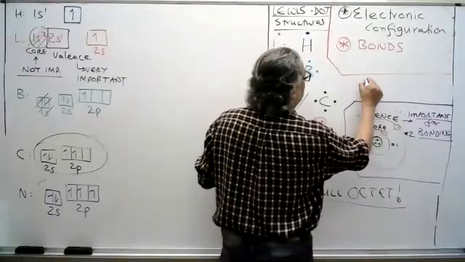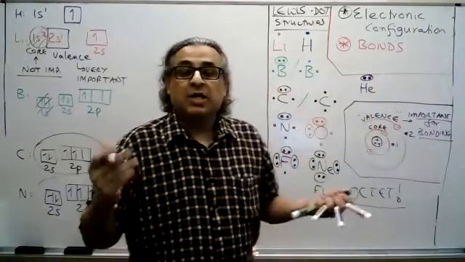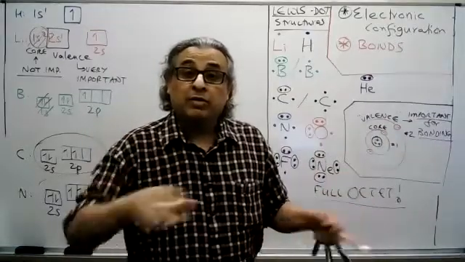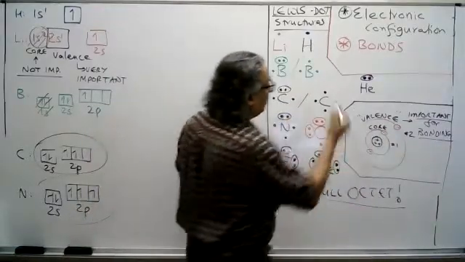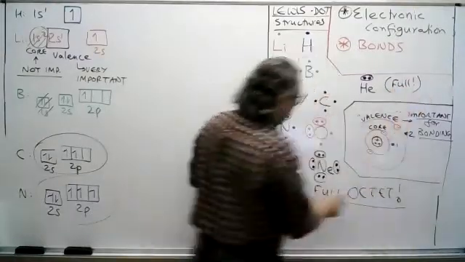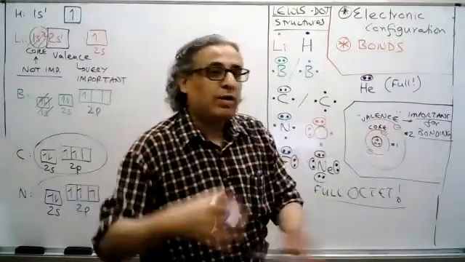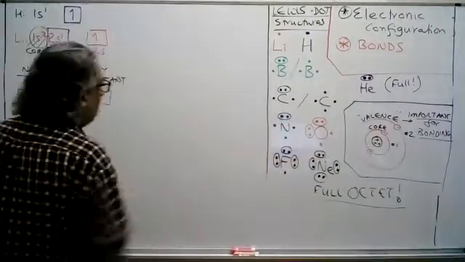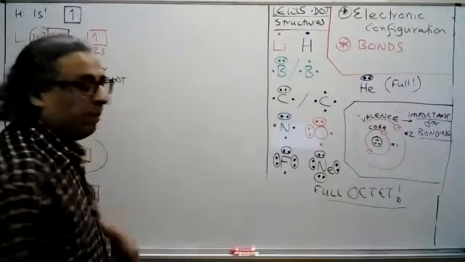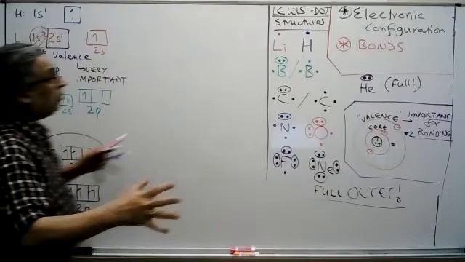Helium is 2, and since it only has level 1 electrons, 1 floor, so this is full too. Okay, not really octet full, but in its own little world, it's full. Okay, so now let's make some compounds very quickly. Okay, let's make compounds and show their